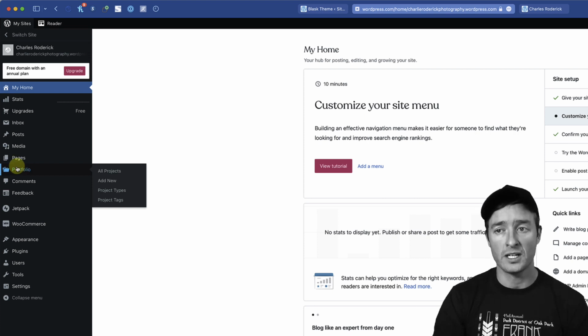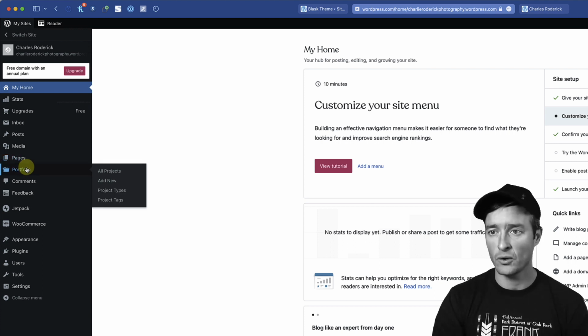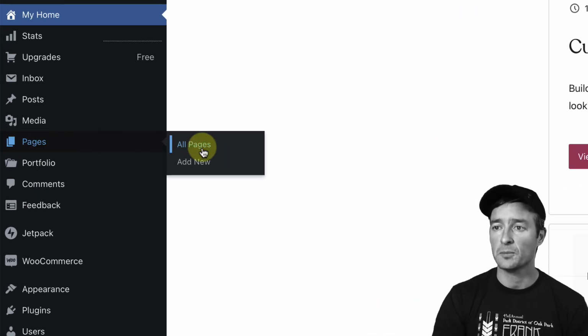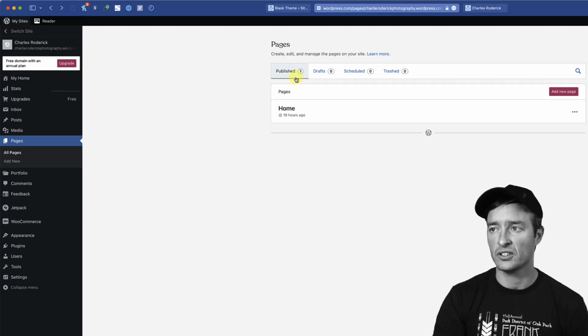So I'm going to hold off on addressing portfolios, and I'm going to go with the generic creation of static pages as our portfolios for our assignments in this course. You can go ahead and venture and explore that if you'd like, but I'm not going to cover that. So I'm going to go to add new or all pages. Now I'm going to select all pages first. I want you to first create an